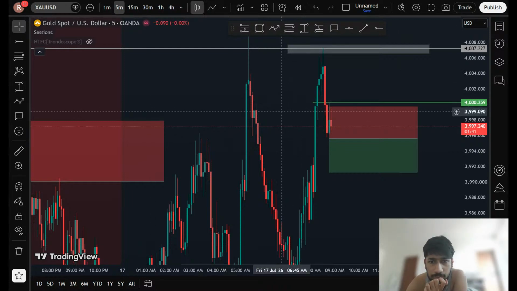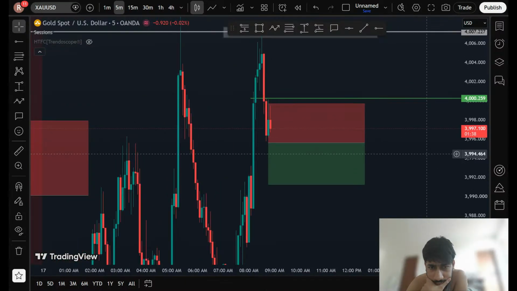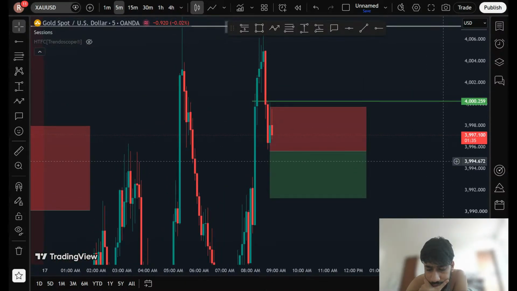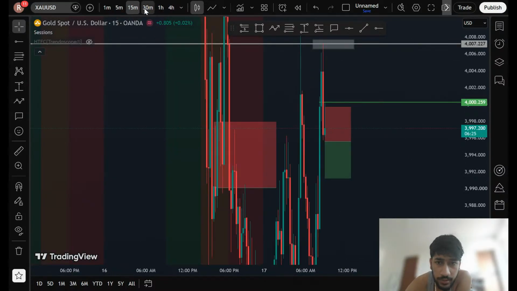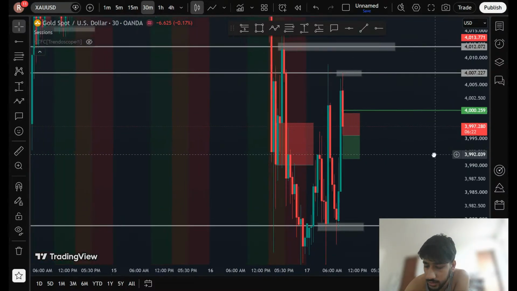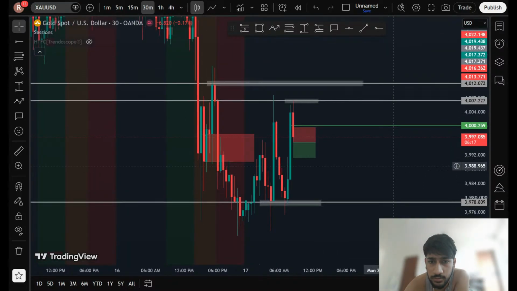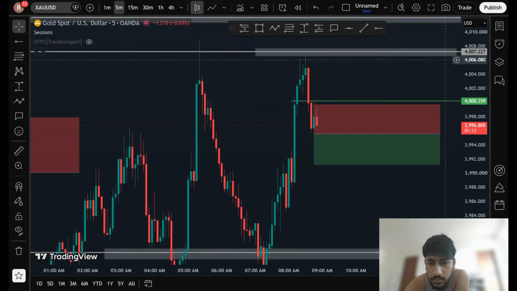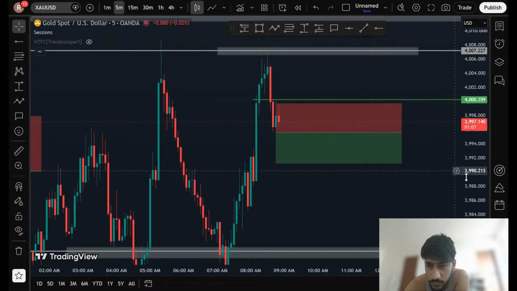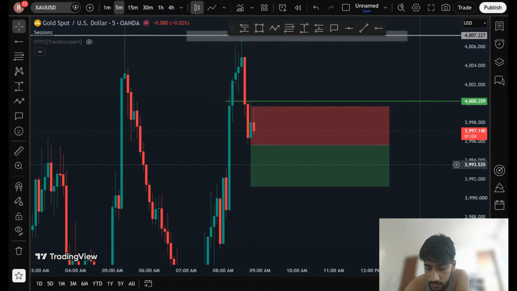It can just drop in the last minute. And if I got in on this trade, I'm actively looking at how I can manage my trades. That's the only thing I can control. How can I manage my trades? That's the only thing I'm gonna look for. And the only thing, if it breaks the low,